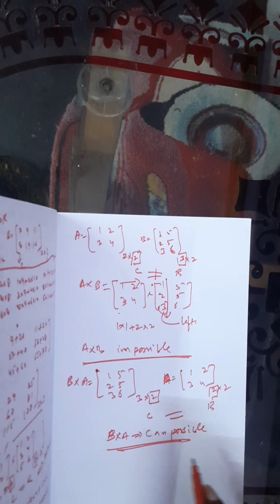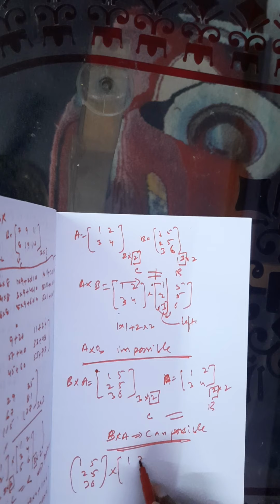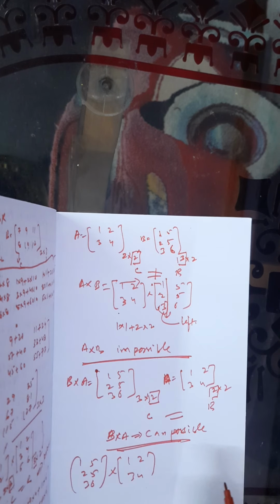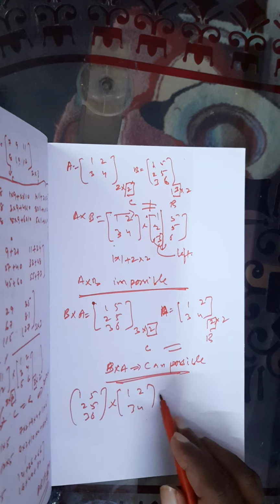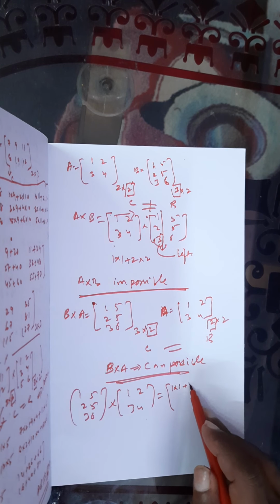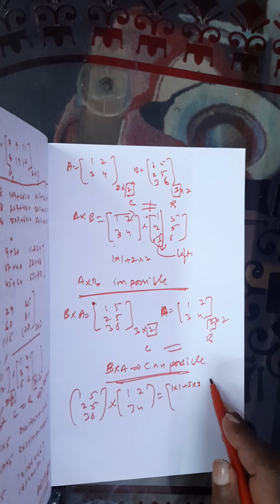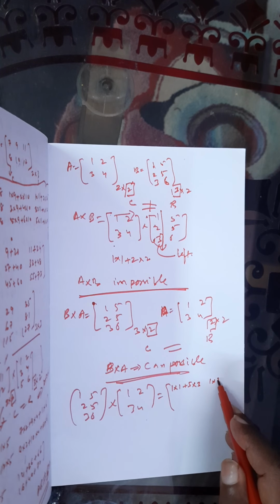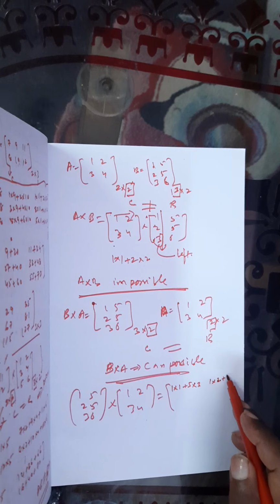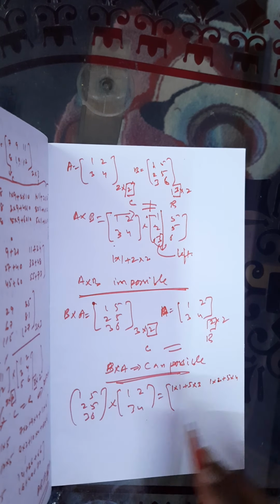Here it occurs. Now you can see, you can multiply this matrix, 1, 5, 2, 5, 3, 6, with 1, 2, 3, 4. Now multiply it. I am writing here 1 times 1, 1 times 1, 5 times 3. Here again, next column: 1 times 1, 1 times 2, 5 times 4. No more columns are there, so we will get 2 columns.